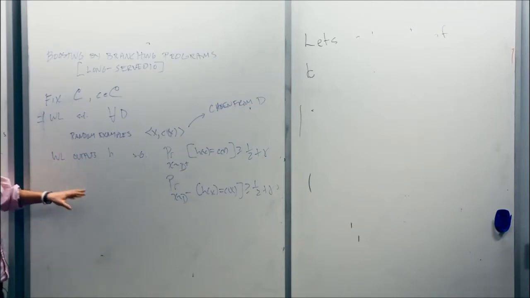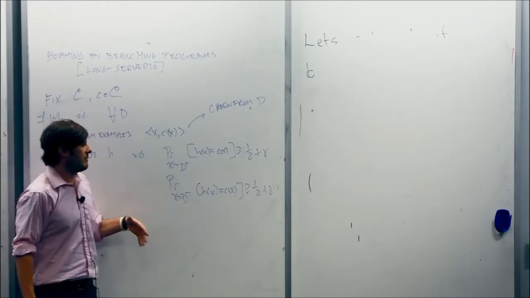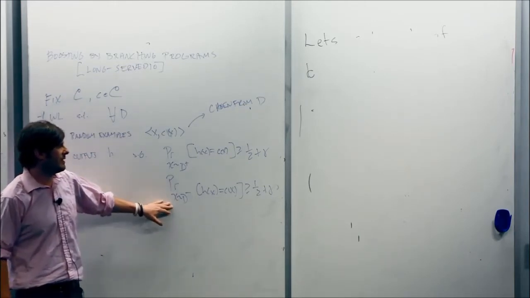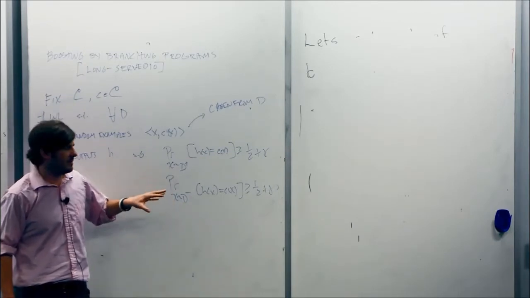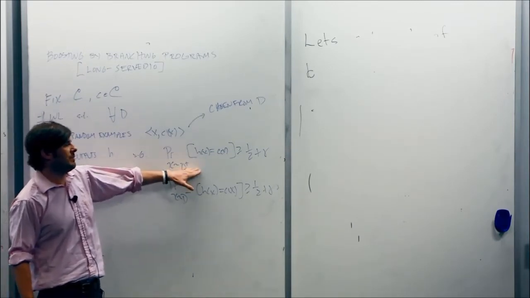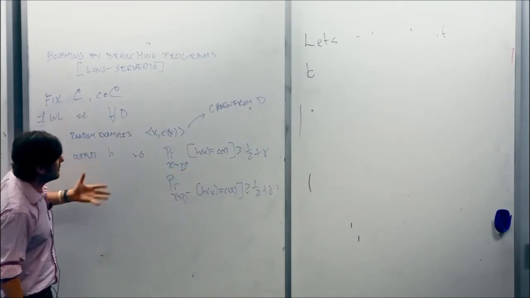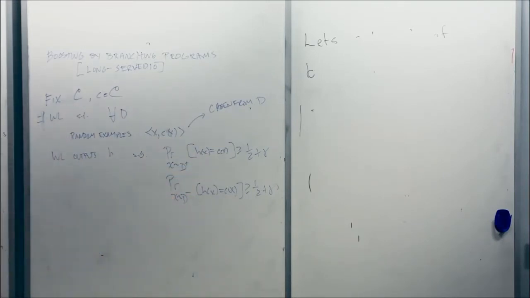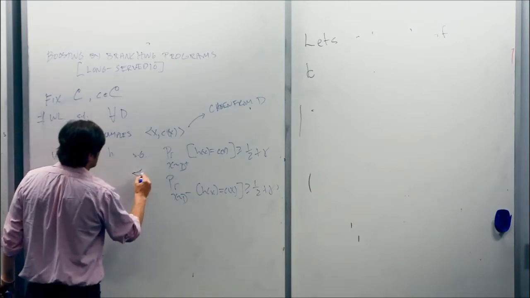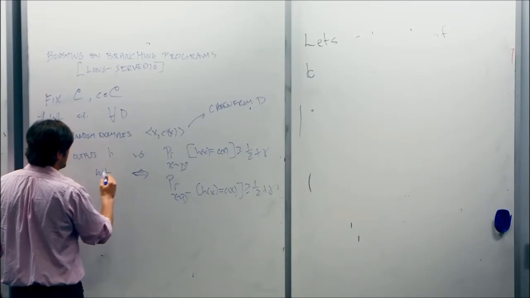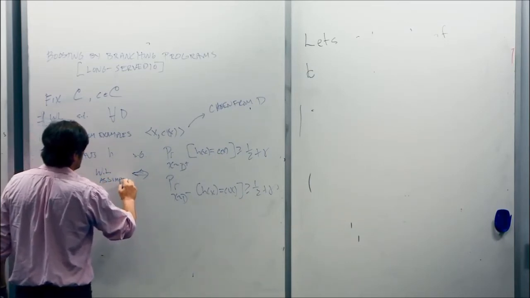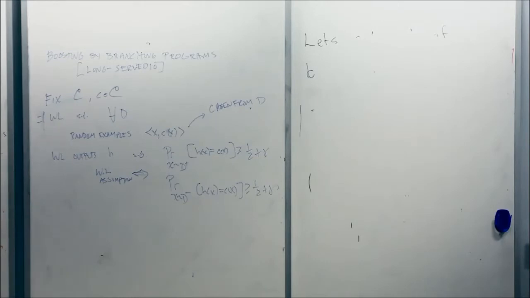So a priori, it looks like I'm making a stronger assumption on the weak learner. You could imagine a distribution that has very few negative examples and a successful weak learner that gets nothing right on D minus, but is very successful on D plus. Here it looks like I'm assuming something stronger, but in fact this turns out to be equivalent to the standard plain weak learning assumption. This equivalence is an exercise. It's not difficult, by answering yes without looking at the input with some probability.